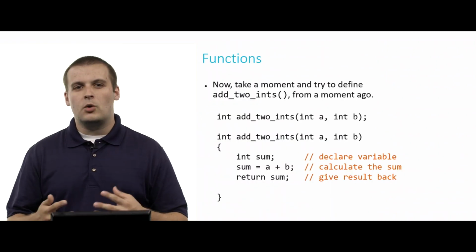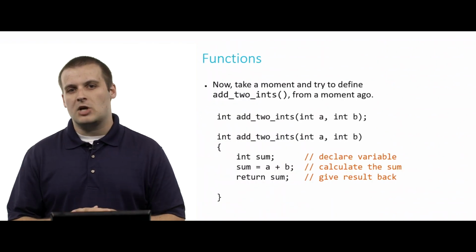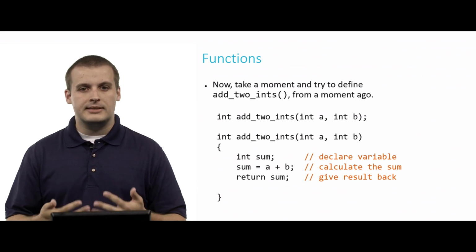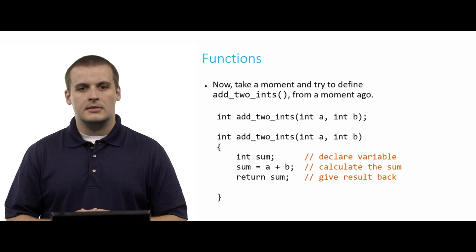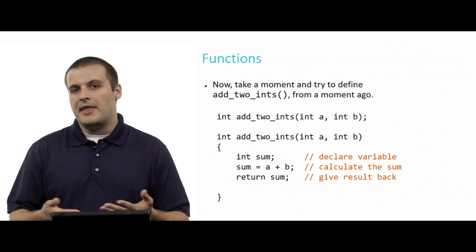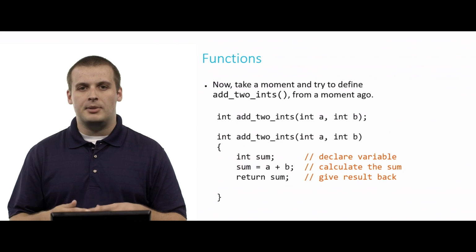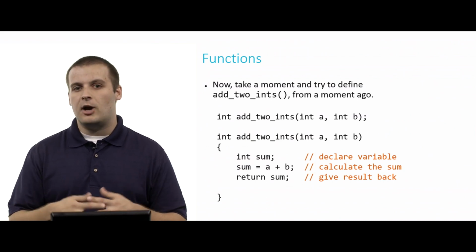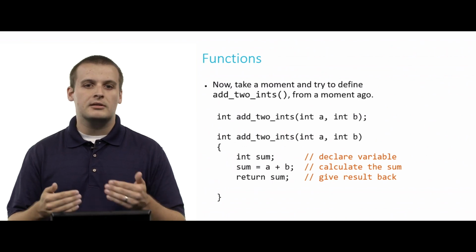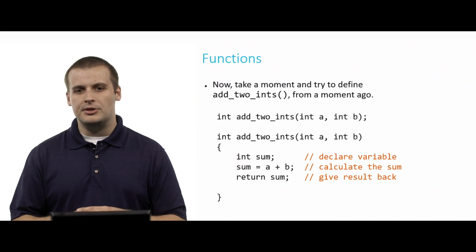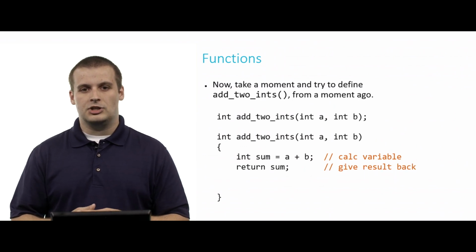So just like the previous example, there are several different ways that you could implement add2ints. Here's one, and here in orange I've just added some comments to indicate what's happening on each line of code. So I declare a variable called sum of type int. I say sum equals a plus b. That's where I'm actually doing the work of adding a and b together. And I return sum. And that makes sense because sum is a variable of type int, right? And what's the data type that this function tells me it's going to output? Int. So I'm returning sum, which is an integer variable, and that makes sense given what we've declared and defined our function to do.